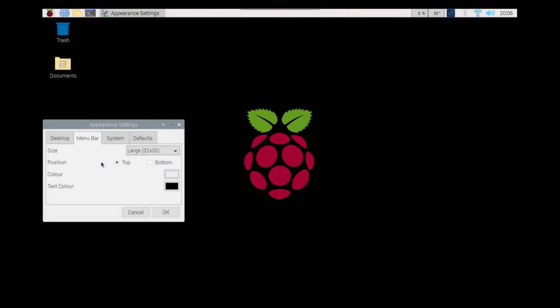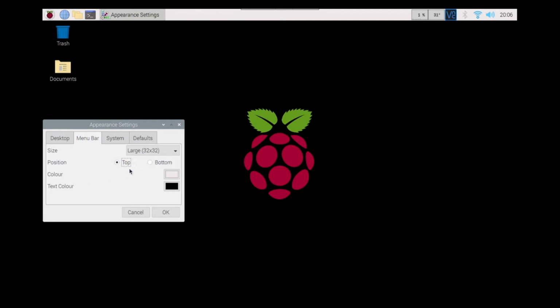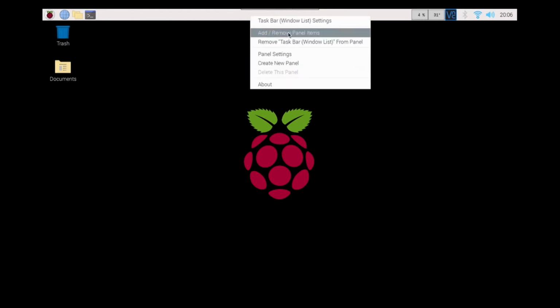As far as the menu bar goes, you can position it either on the top or the bottom, and you can adjust the color of it as well. And the system, same thing, you have a lot of options that you can do for this main area. So I'm going to go ahead and just click OK on that. The next thing I want to show you is the